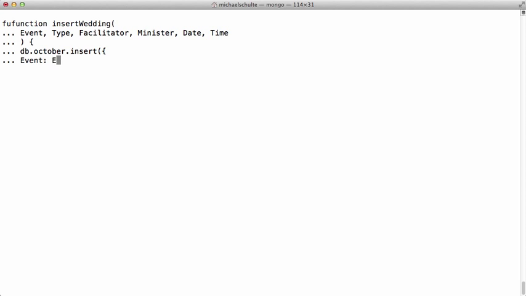What we're going to say is event, and then we'll plug in the value that we give when we call the function for event here. So we'll say event colon event, and then a comma, and we'll do that for each of the fields that we're going to insert. So type colon space type, and so on. So facilitator, same thing. It'll take the values that we put in when we call the function, and it'll fill them into those spaces for us. And then minister,